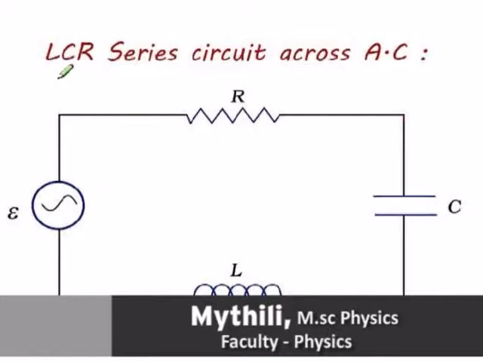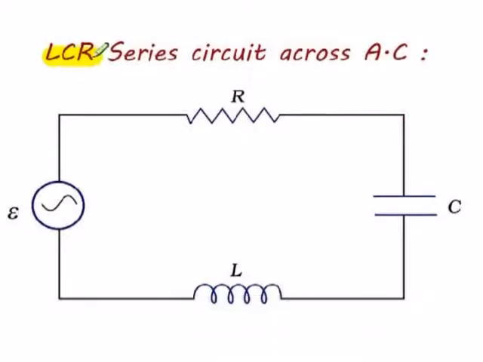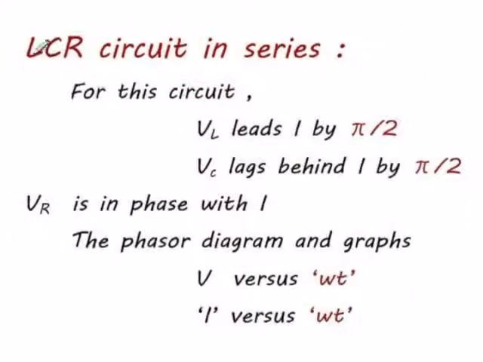Then we consider the LCR series circuit across the AC, where all three components are put together across the AC. R is a pure resistor, C is a pure capacitor, and L is a pure inductor. All three are connected in series and then connected to the AC source. For this circuit,